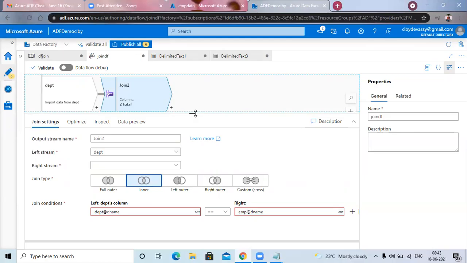Same thing here. You have two sources actually. Source 1 you pointed to the DEPT table. Source 2 you pointed to EMP data. Right, sir? Yes, sir. Then after that, if you click on plus symbol, it will list out all the transformations which are available in ADF actually. We have taken the join transformation. Right, sir? Yes. So join transformation minimum required is two